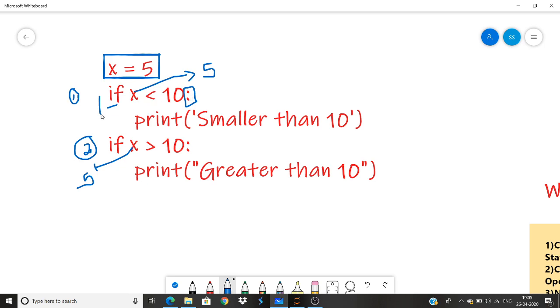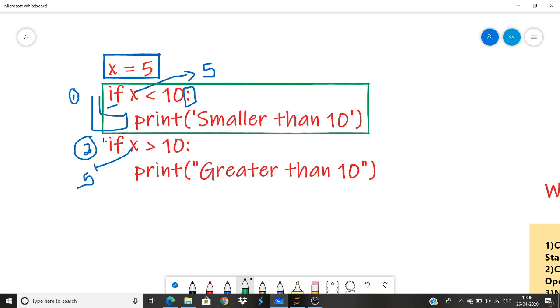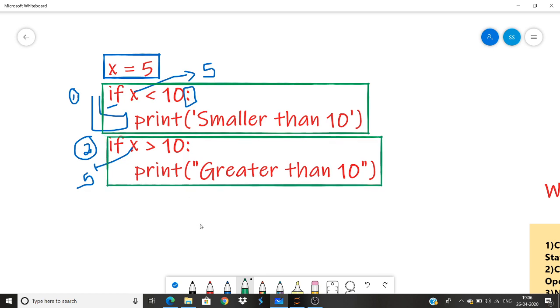And this gap which you see out here is known as indentation, and these indentations are very important. Why are these indentations important? Because indentations help you form blocks. So this becomes one block. This block will run first, then we'll go ahead and run this block. And that is why the indentations are important.